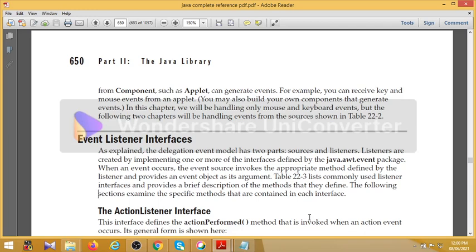When an event occurs, the event source invokes the appropriate method defined by the listener and provides an event object as its argument.